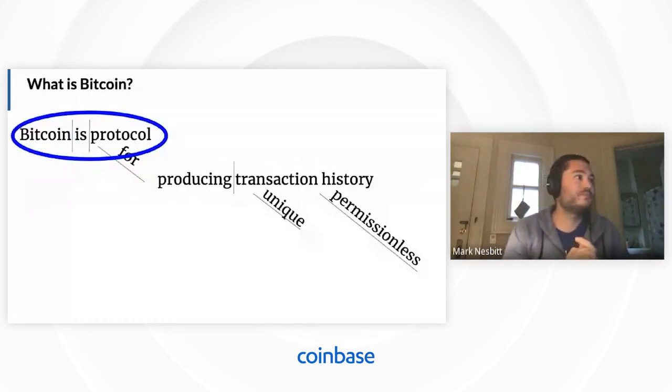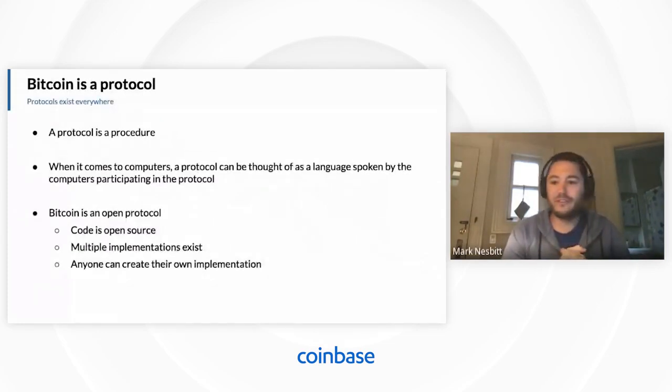What is a protocol? Well, a protocol is a procedure. Protocols exist everywhere. Anywhere there's been a procedure that you've been a part of, in a lot of senses, you're working within a protocol. So the example I like to give is driving. I live in California. Driving in the state of California is a protocol defined by the laws of California. There are different aspects to the protocol, right? You can drive through green lights. You have to stop at red lights. If you're turning left into a green light, you have to yield to oncoming traffic. There are rules of a protocol that define how an interaction model should take place.